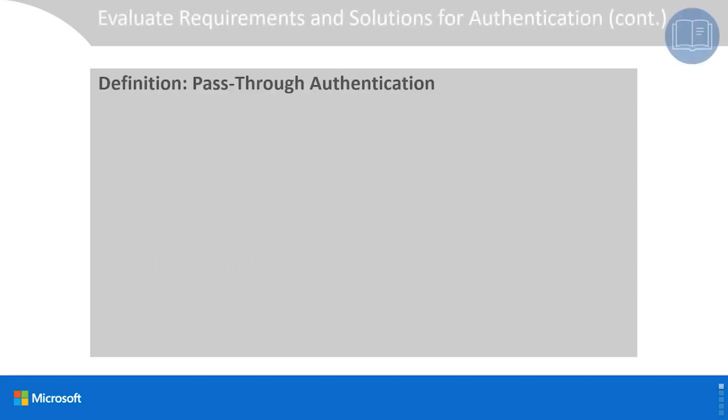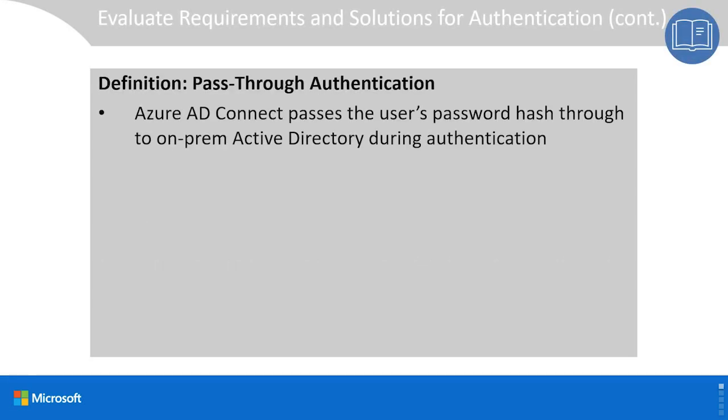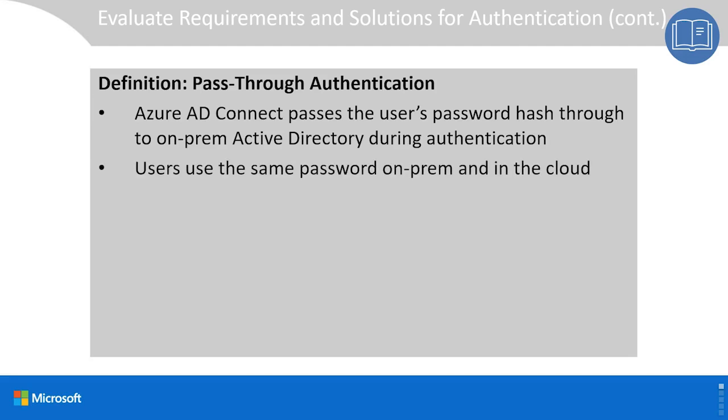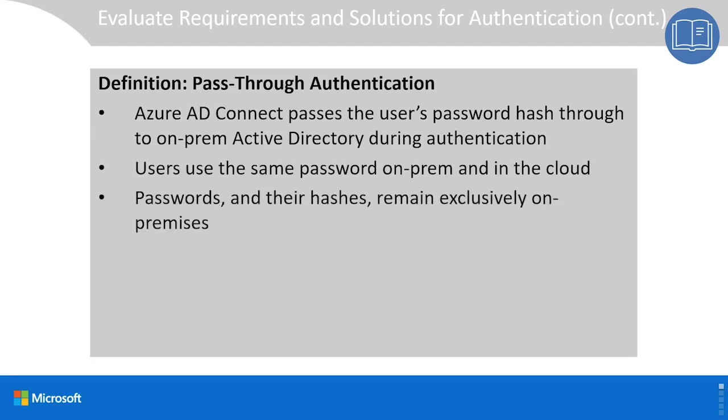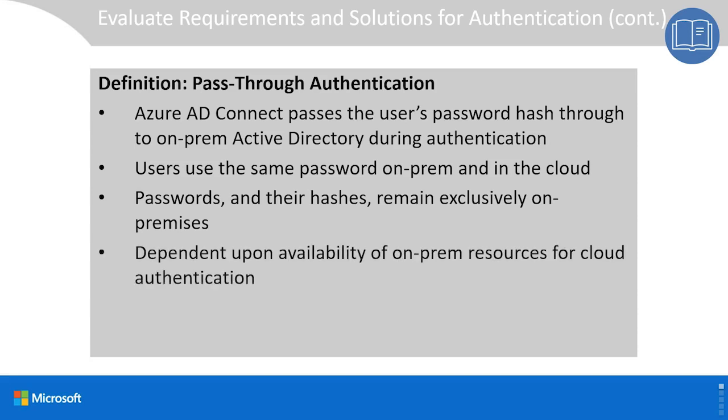In pass-through authentication, the password actually stays on-prem entirely. Azure AD Connect passes the user's password hash through to the on-prem Active Directory for authentication, and so the user still uses the same password on-prem and in the cloud, but the password never leaves the premises. The password and its hash remains exclusively on-prem. This is good for security, but dependent on the availability of the on-prem resources. In other words, if the links go down or if on-prem Azure AD goes down, you can't authenticate to the